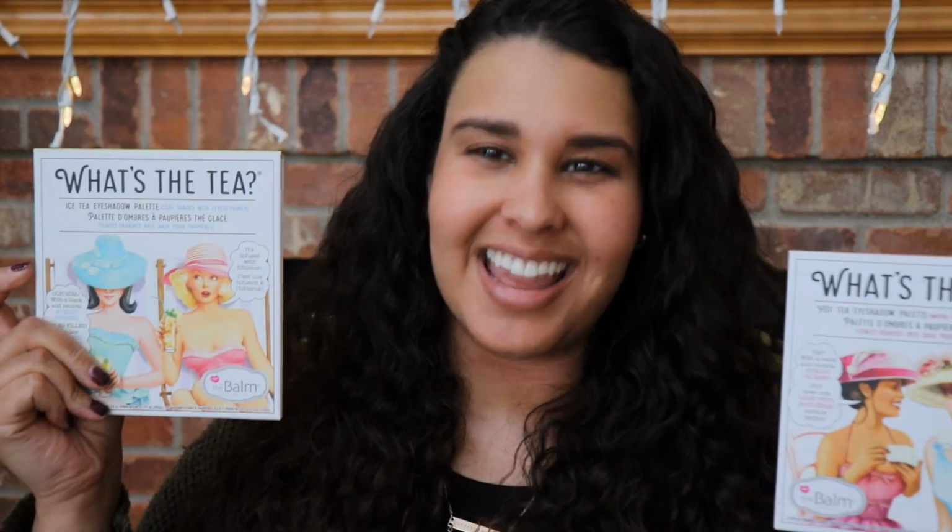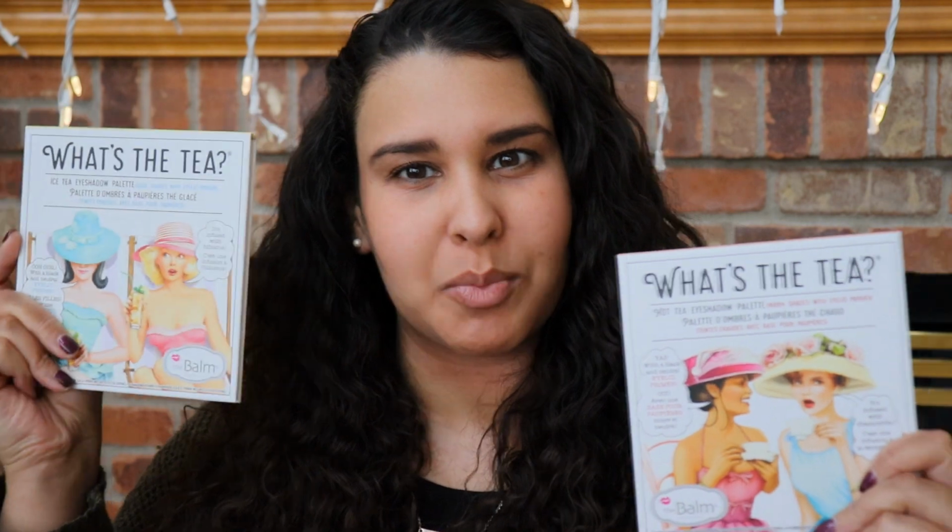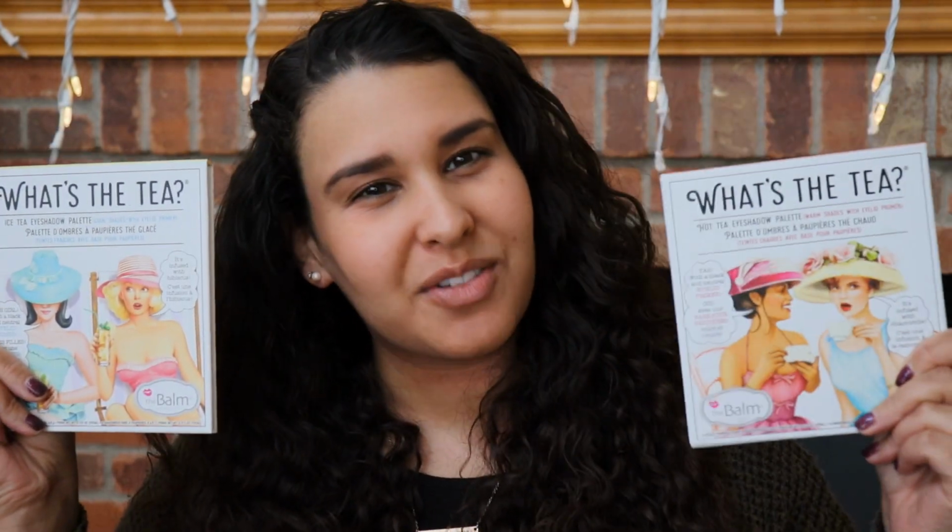So when I saw that theBalm was coming out with 2 new tea themed palettes, I was so excited. I knew I had to pick them up. So these are the What's the Tea palettes from theBalm. We have the hot tea version as well as the iced tea version. So of course the iced tea is a little bit more cool toned and the hot tea version is a